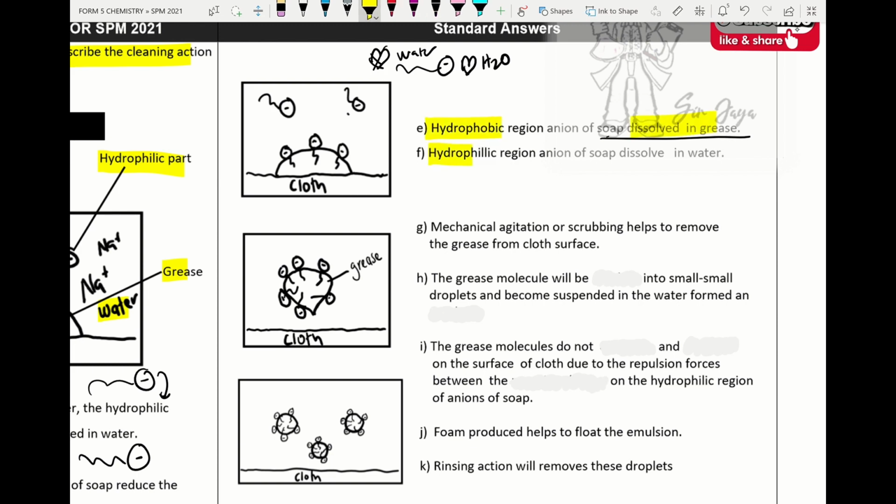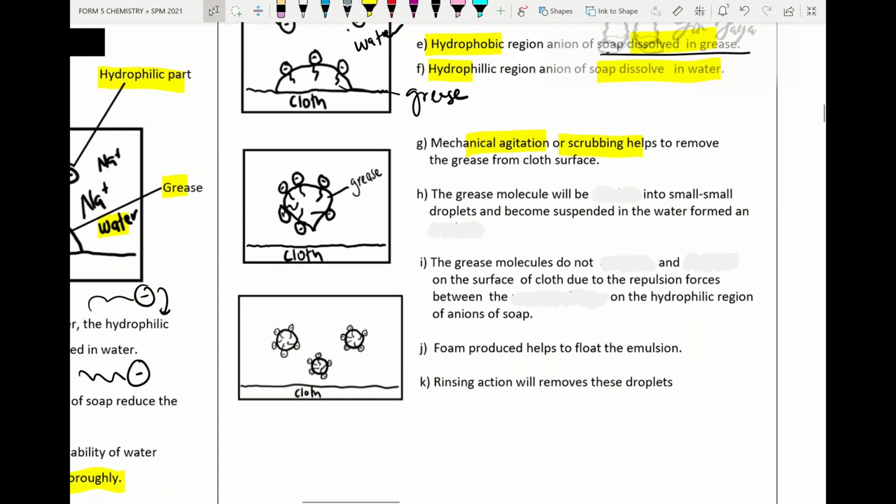While the hydrophilic region will dissolve in the water, we need to draw like this. Please put water here, and please label this is the anion of soap. Please label this is grease. Mechanical agitation or scrubbing will help to remove the grease from the cloth surface, and due to